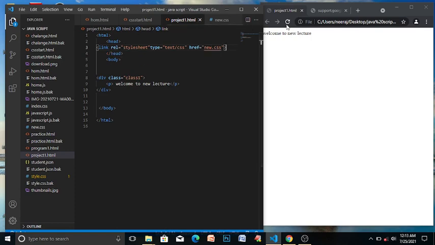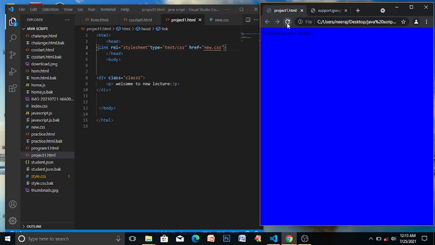Save it. The color of the background has changed. This is external CSS. The color of the background has become blue.